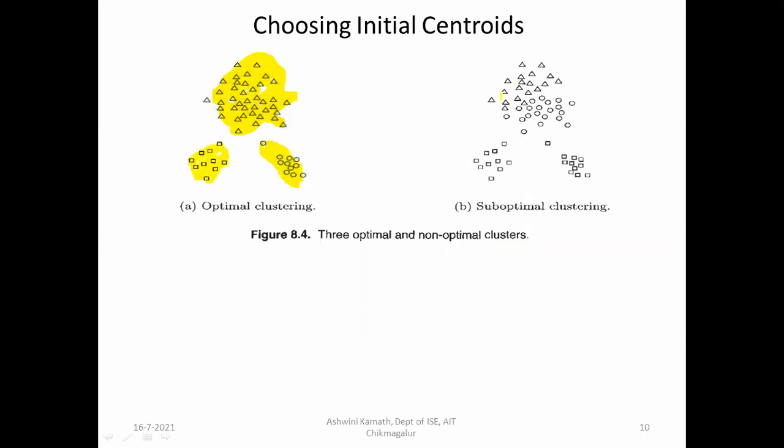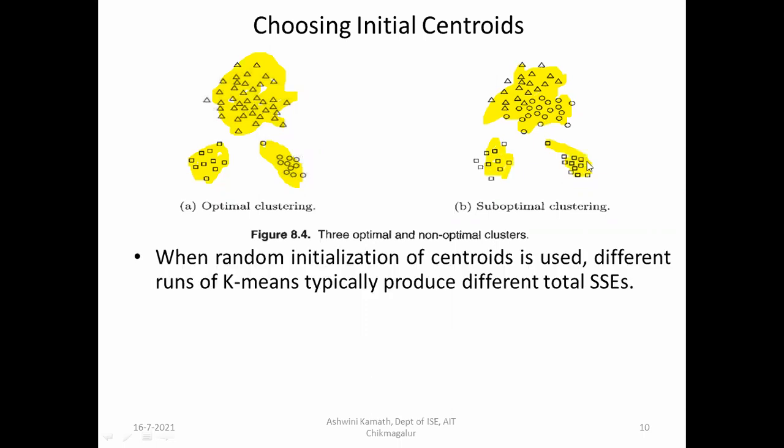But here we have a mix of triangle and circle shaped data. That means we have two different types of data in a cluster, and a single cluster is divided into two groups again. You can notice that, so it is a suboptimal clustering.